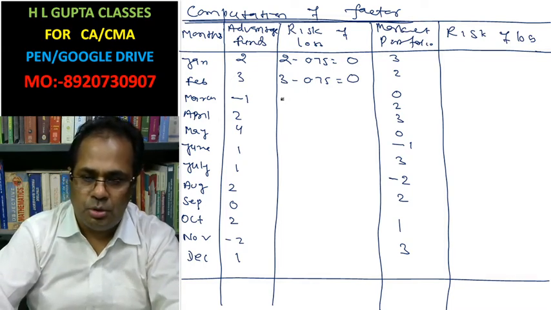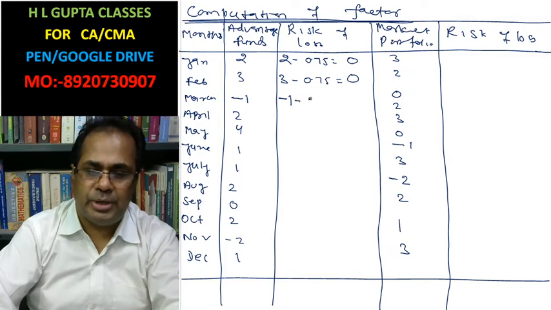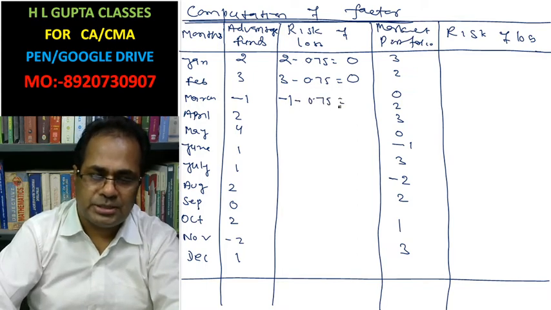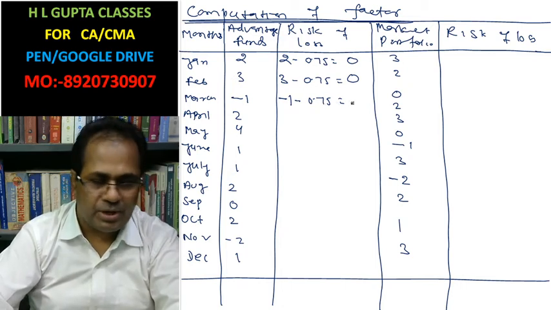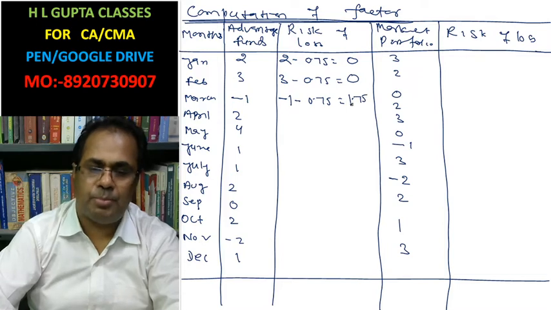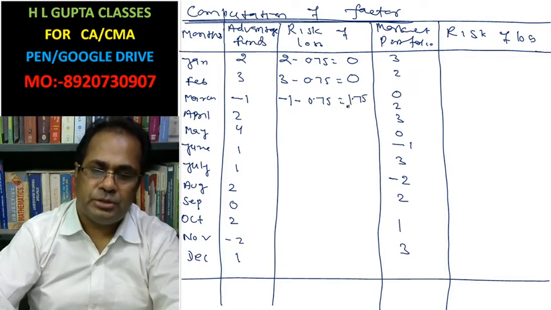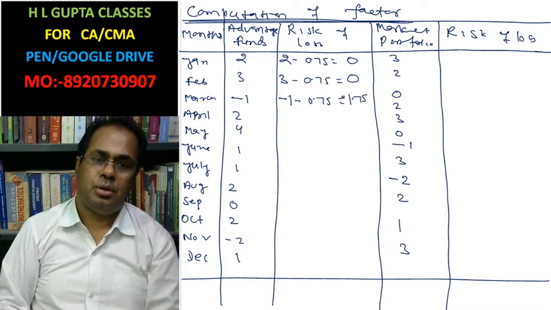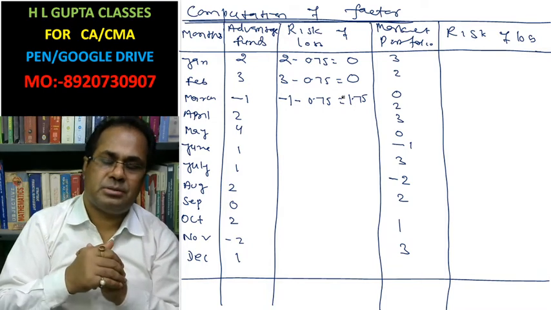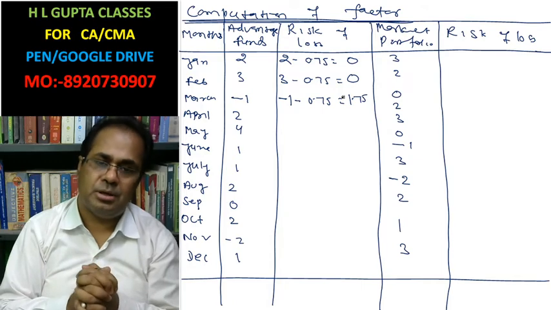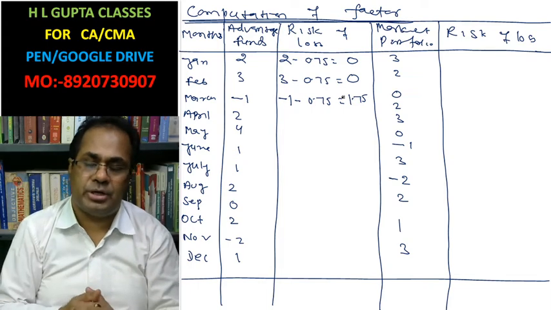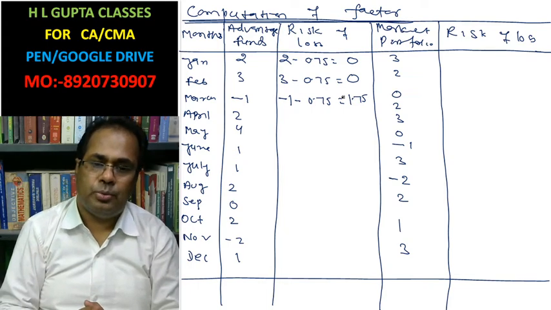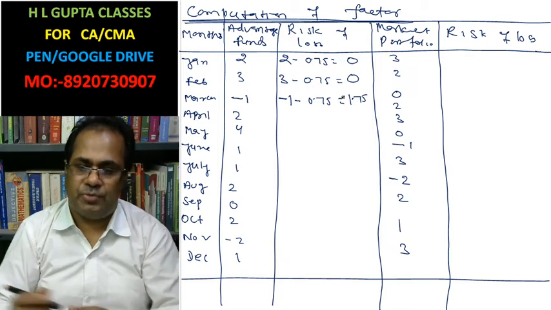It is a 0. Minus 1, we have a return where we had the opportunity of risk of loss. The risk of loss is written as a positive. This is 1.75. We have lost 1.75 because we have lost the opportunity of investing 0.75 without any risk, and we have taken risk. After taking risk, we are going to receive return -1. That's why the risk of loss is 1.75.